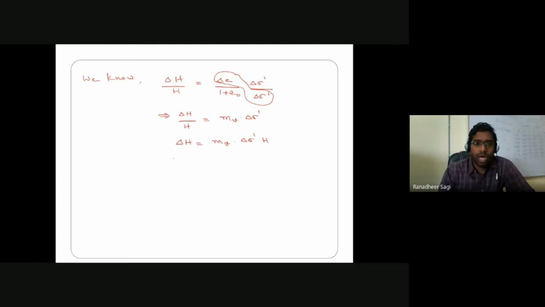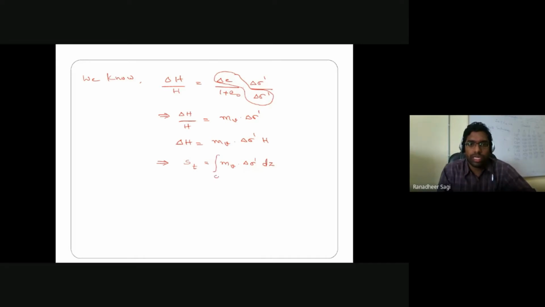Right. So I'm rewriting this to represent it in the form of an integral function, that is nothing but settlement in the soil at any time. That's mv into delta sigma dash into height. I'm not directly considering the complete height of the soil sample. Rather, I'll consider a small depth of the soil sample dz, and over the complete depth of your soil sample, I'll integrate that particular function.